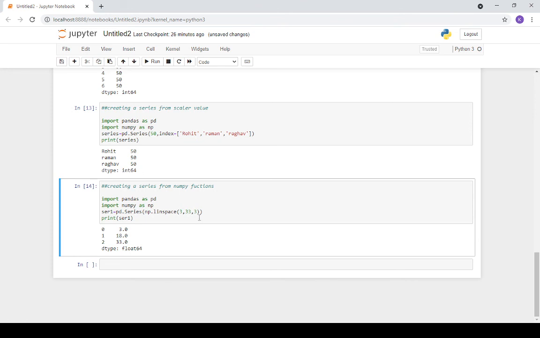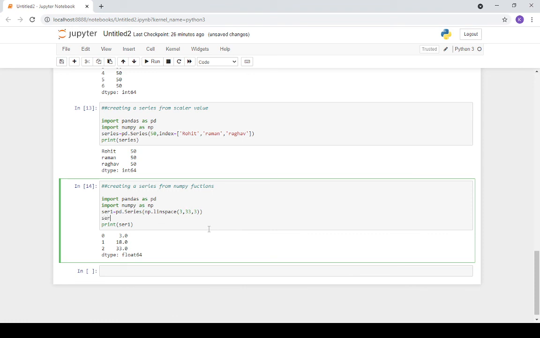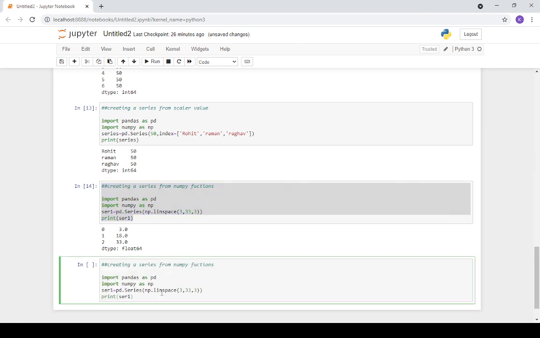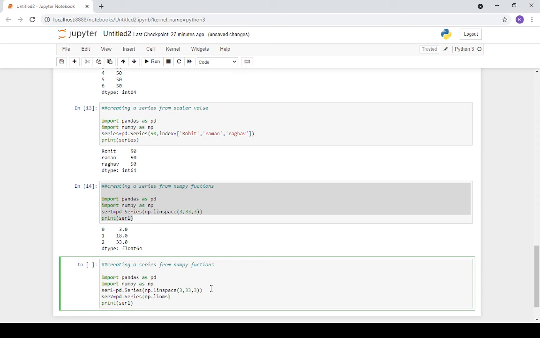Similarly, if you want to add some more series, you go with ser2. You just copy the same, I'm copying it in the next section, and adding one more, ser2. The same function we follow, pd.Series, and then np.linspace. Whatever linspace we give, suppose I'm giving 1 to 200 in a space of 10.